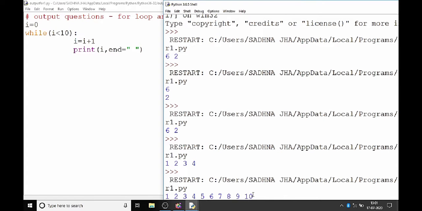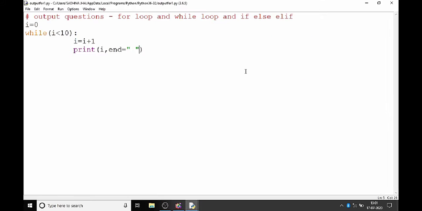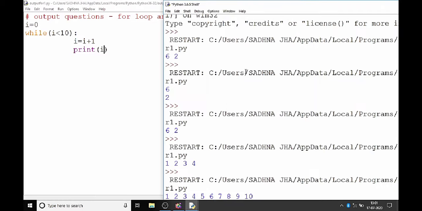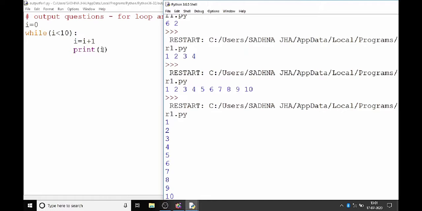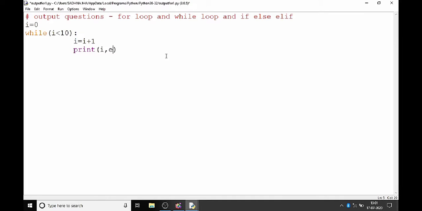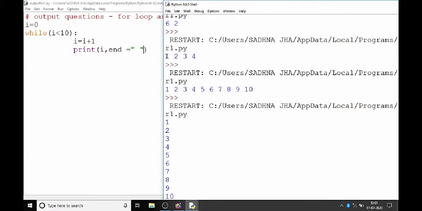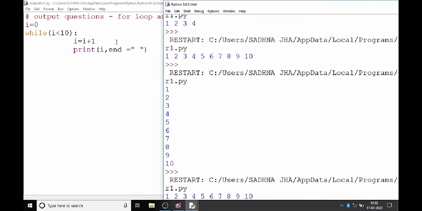Yes. Without this end space, it will move into a single line. I'll show you that also. Then we write end. It will be like this.